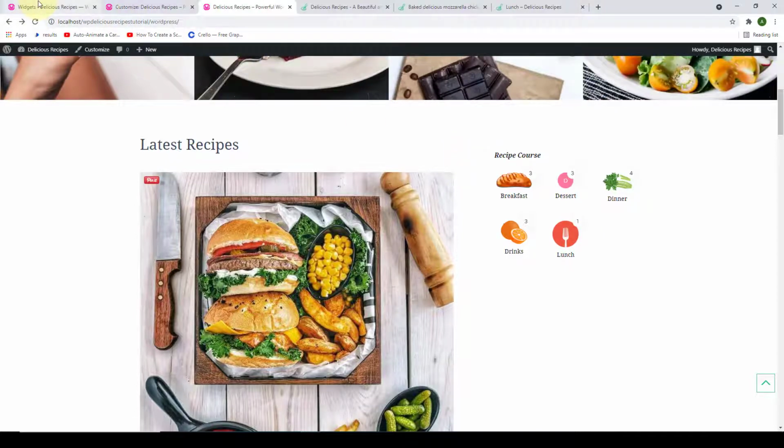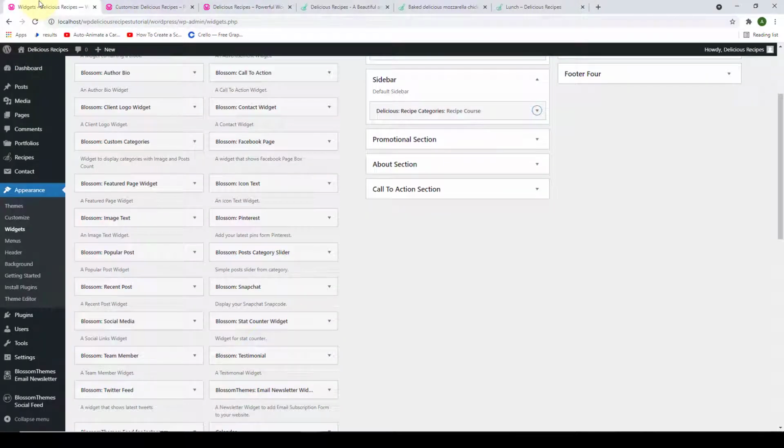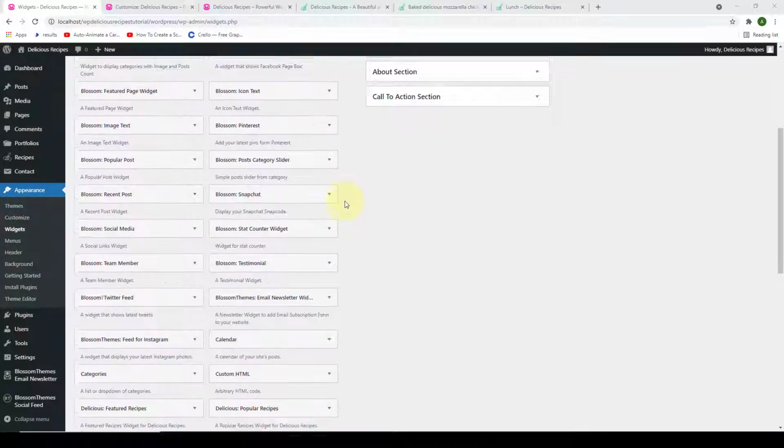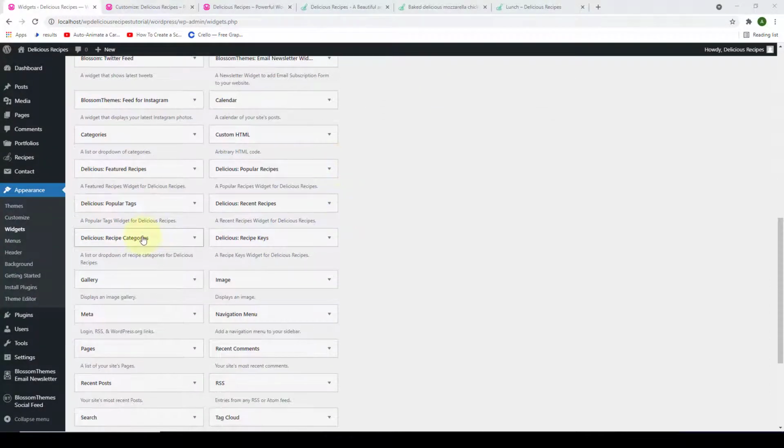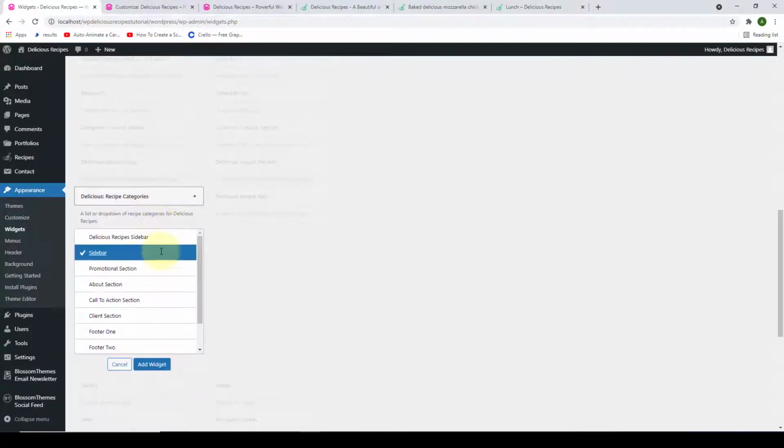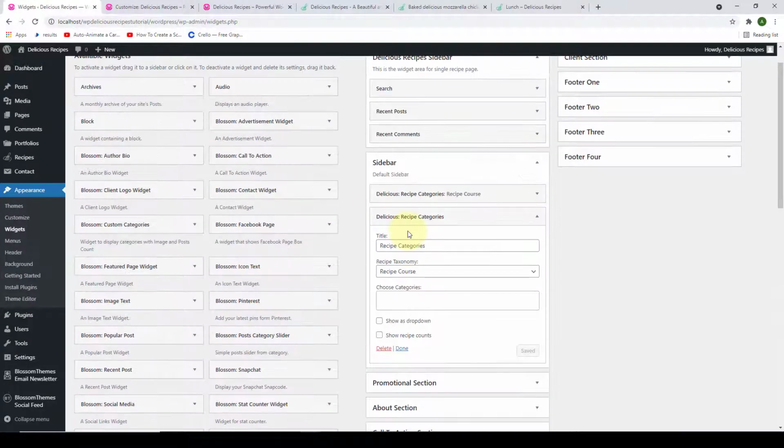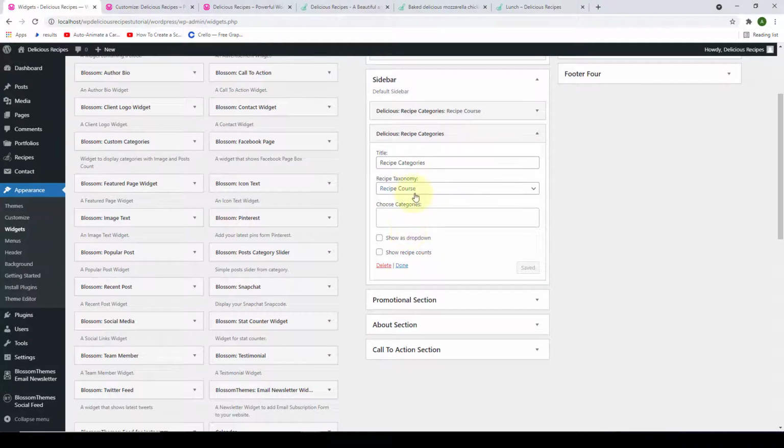Now we will go back to our dashboard. Now we will again scroll down. We will select recipe categories once again, and you have to make sure that sidebar is selected. Click on add to widget. Scroll to the top, and this time we will select recipe cuisine. We will change our title to recipe cuisine,